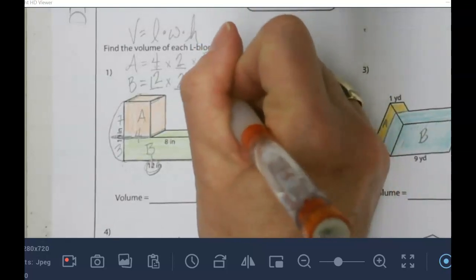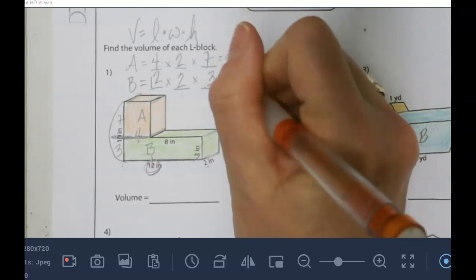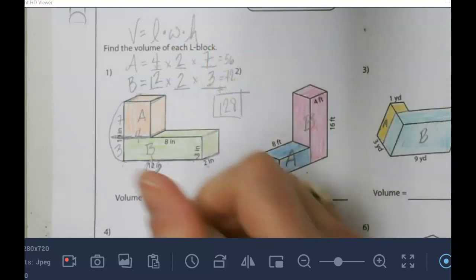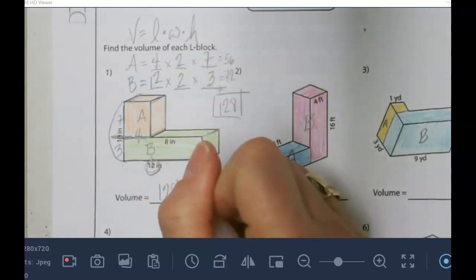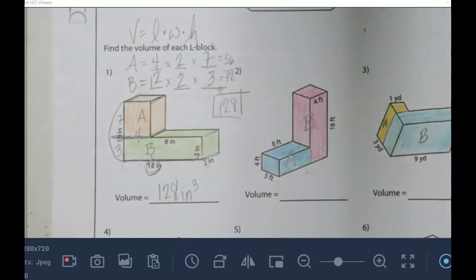Then I take those two volumes and I add them up. 6 and 2 is 8, 7 and 5 is 12. So my overall volume is 128. My measurement is in inches, and this is a three-dimensional shape. So if you look, 128,